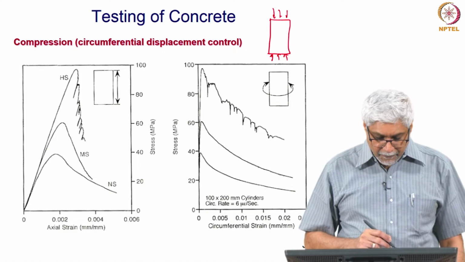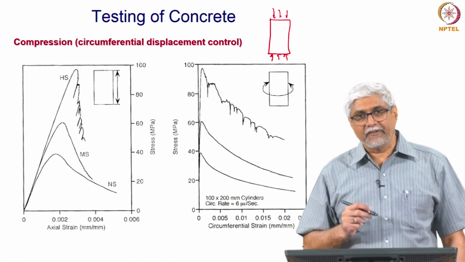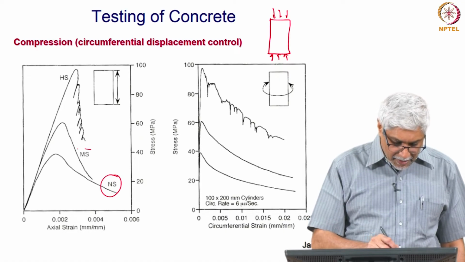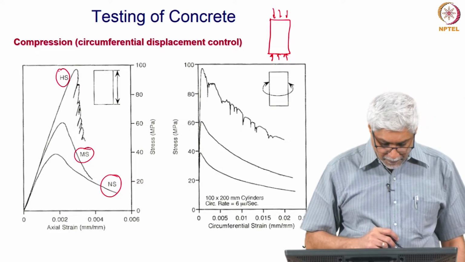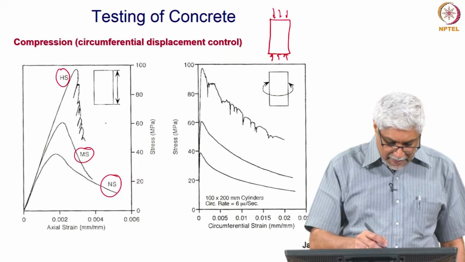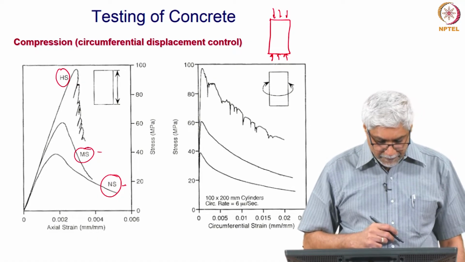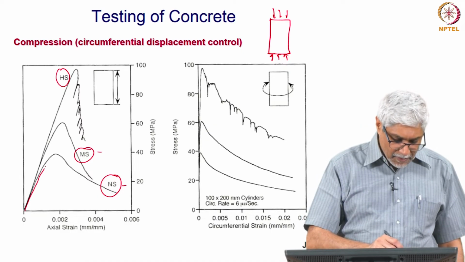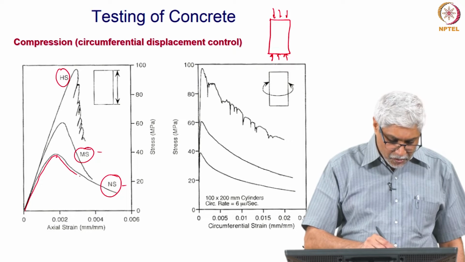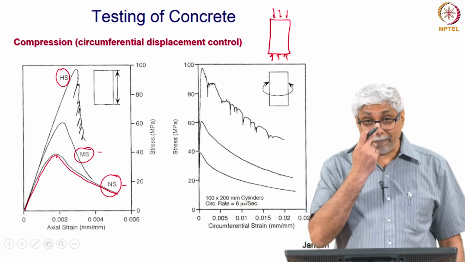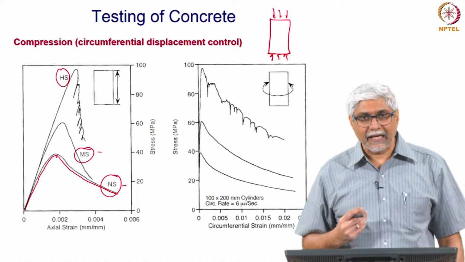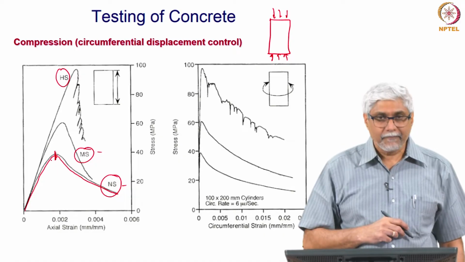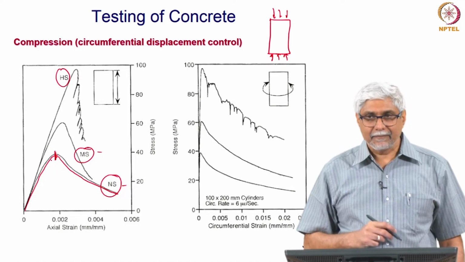Here you see graphs of the behavior even after the peak. This is lower strength concrete, medium strength concrete and high strength concrete. This is about 100 megapascal, this is say 40 and this is 20. You find that in all the cases the specimen has an elastic range, a nonlinear, reaches a peak and then continues to drop. This is the softening response that we want to capture. This is what is needed for nonlinear analysis of a reinforced concrete structure. If we do load control, we will not get anything beyond this. So, we need to capture this.